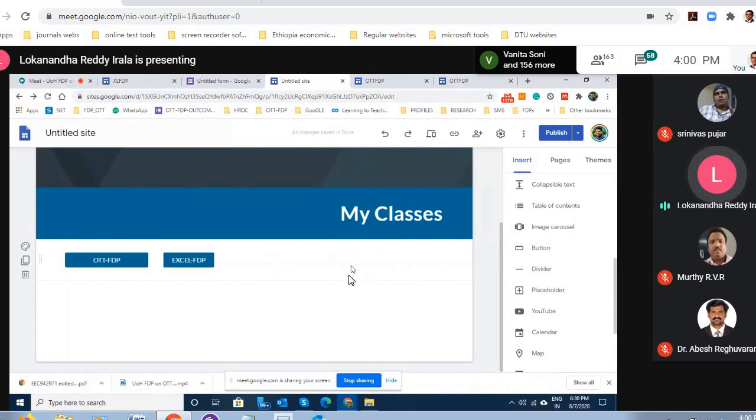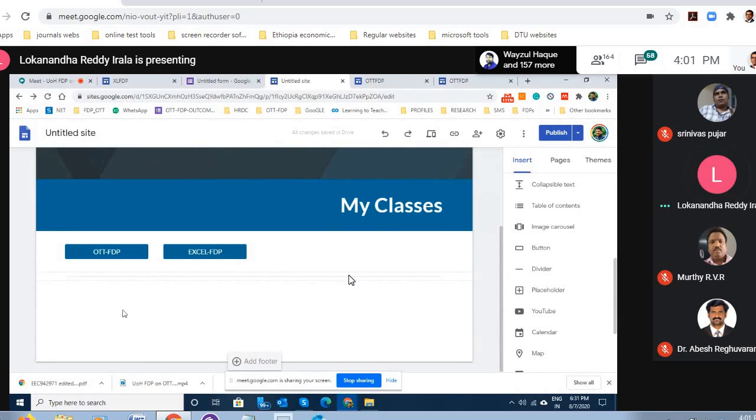So now within this page, if you see in my classes, if you want to separate, I also teach regular classes at University of Hyderabad other than these training programs. So if I want to do that, I can insert one more separator here, one more divider. See, I can use a divider. And after this, I can insert, let us say, one Google Classroom. I can link,